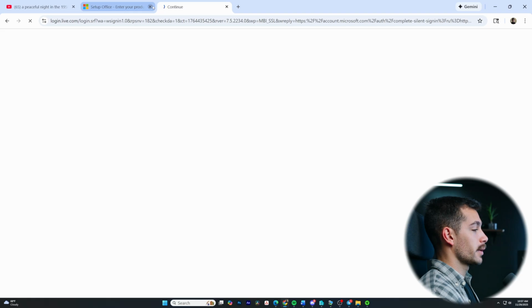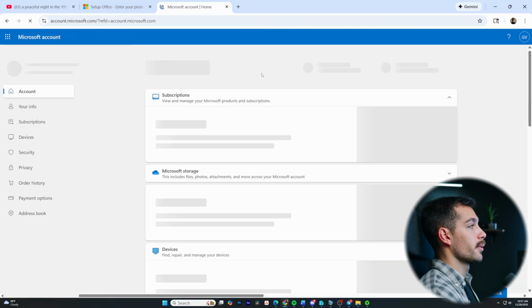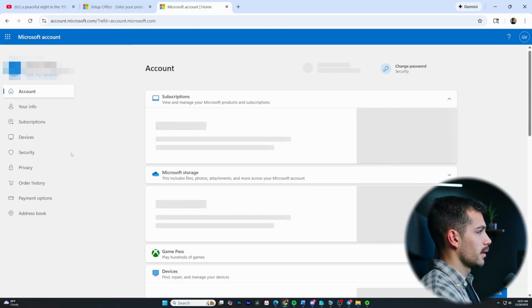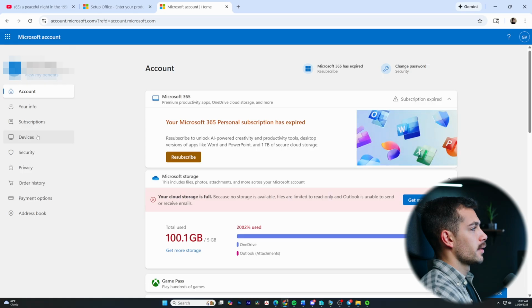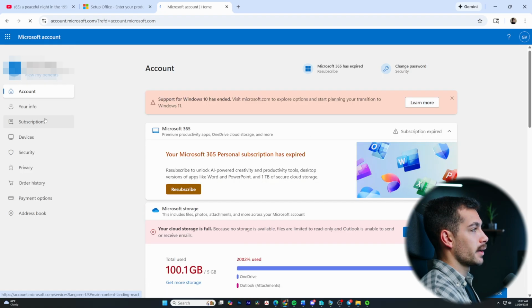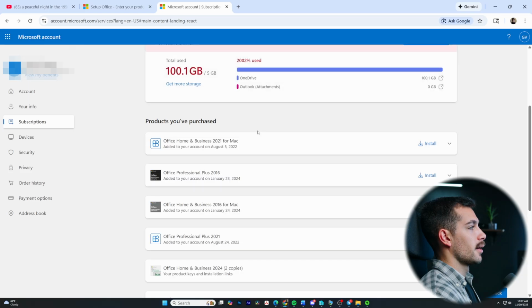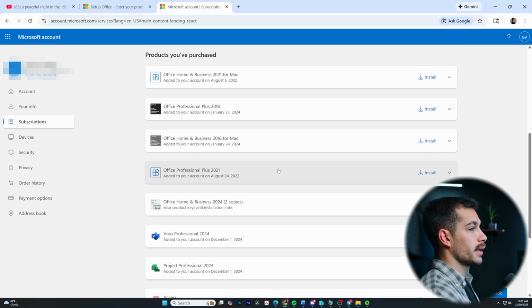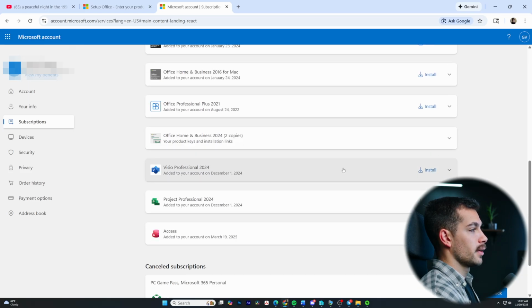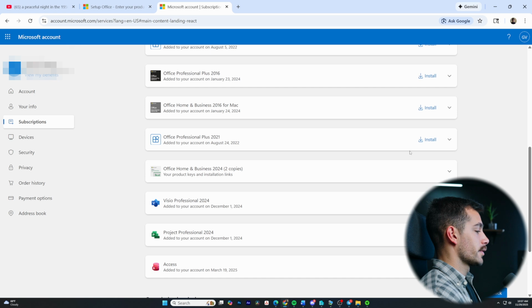account.microsoft.com. This would be applicable to you if you're reinstalling software that you already had or that you already activated. And if we go into our subscriptions on the left side here, we'll be able to scroll down and we can see our Office installations. And so simply clicking install next to one of these will give us a brand new installation file that we